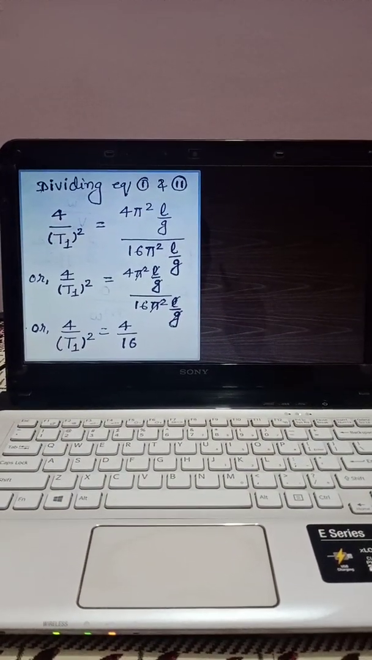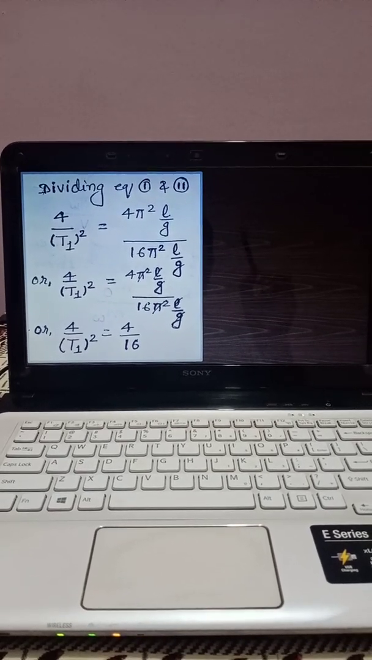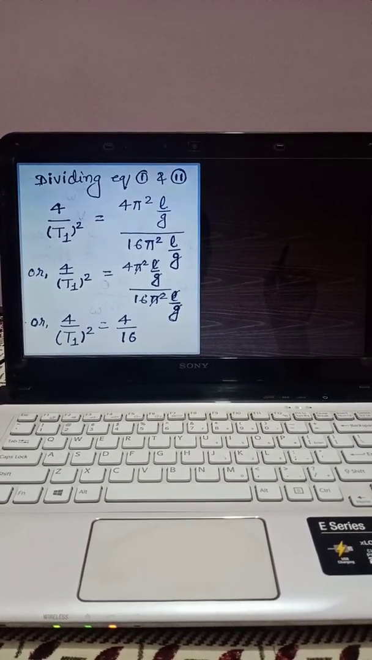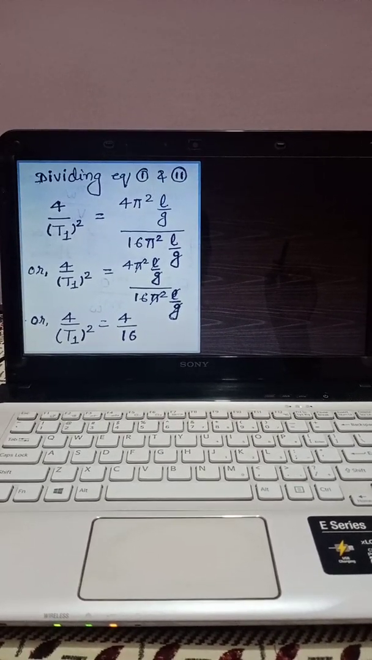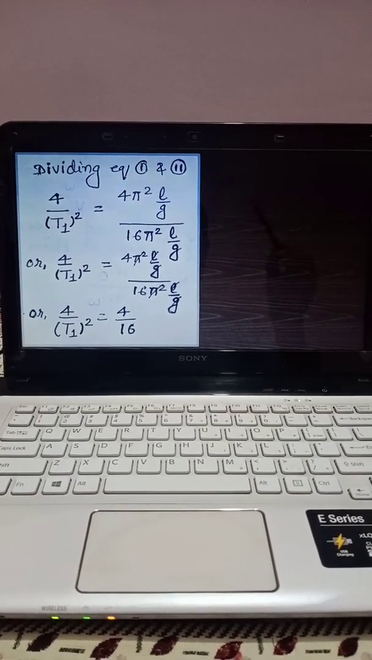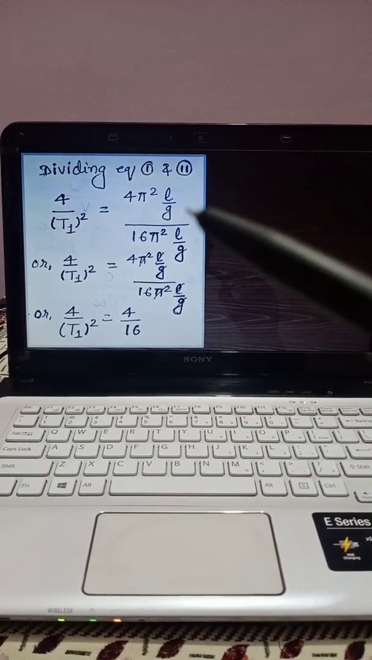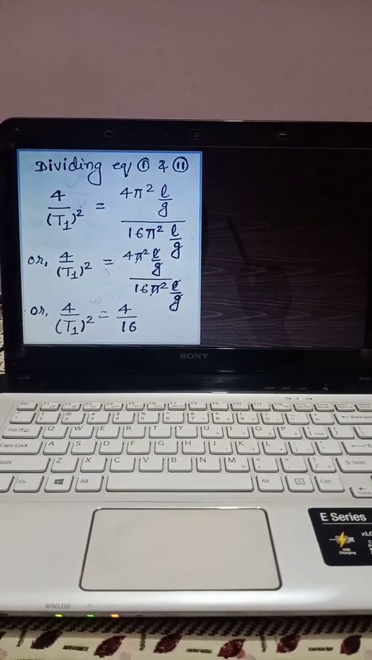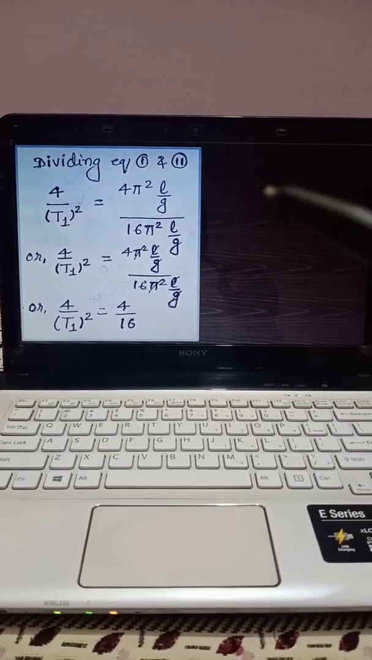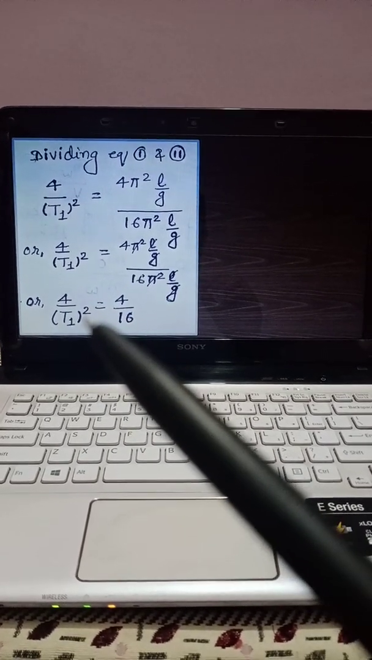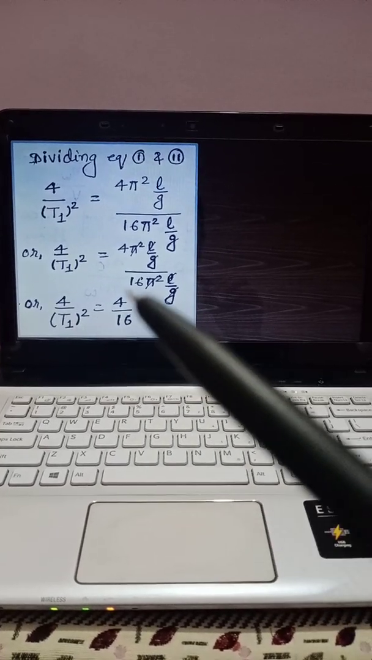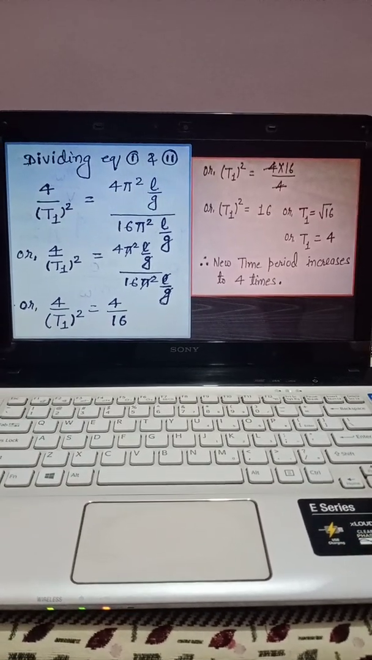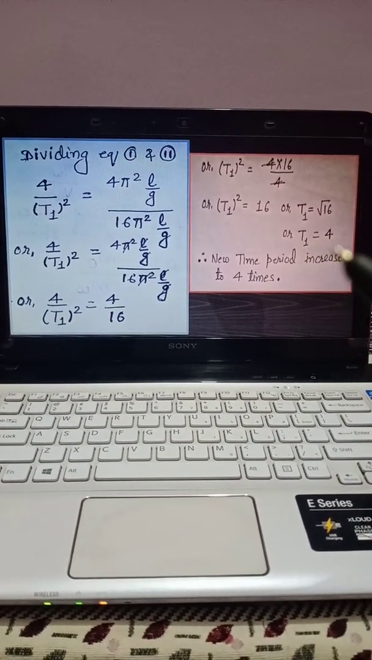And then next, when we divide equation 1 by equation 2, we get 4 divided by t1 square, which is equal to the two expressions we got earlier, 4 pi square L by g divided by 16 pi square L by g. After cancelling each other, we get 4 by t1 square is equal to 4 by 16, and we will get the solution further. After solving it, the time period is equal to 4,